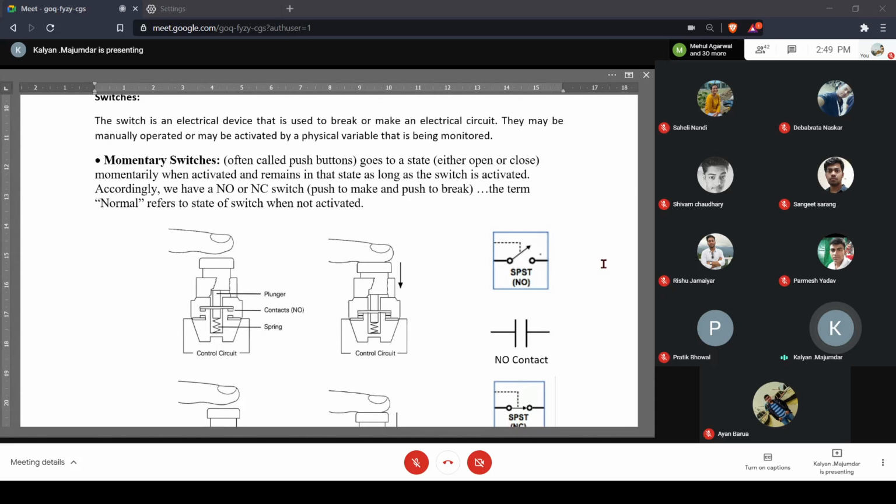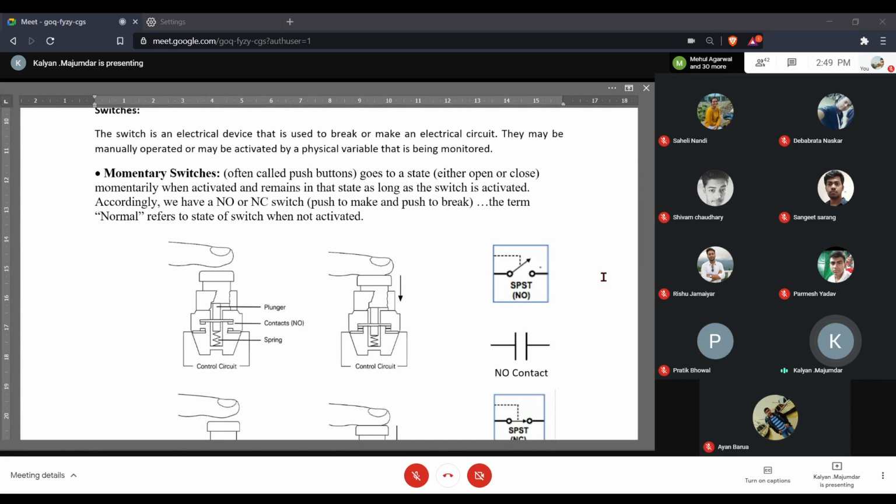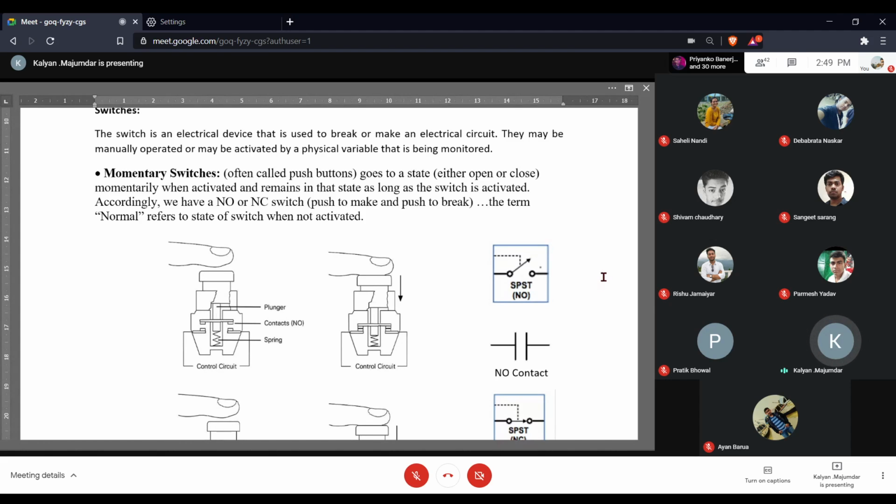The contact is broken. Now, of these two possible states, on and off, open or closed, the switch normally exists in one of the two states. For example, say the switch is normally open. Now, when you activate the switch, when you operate the switch, when you press the lever on the switch,